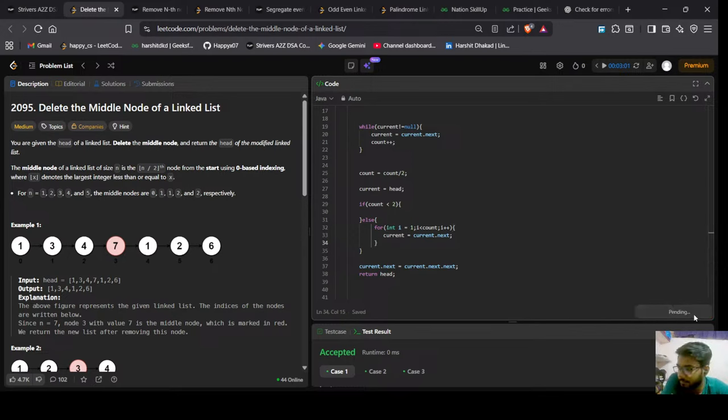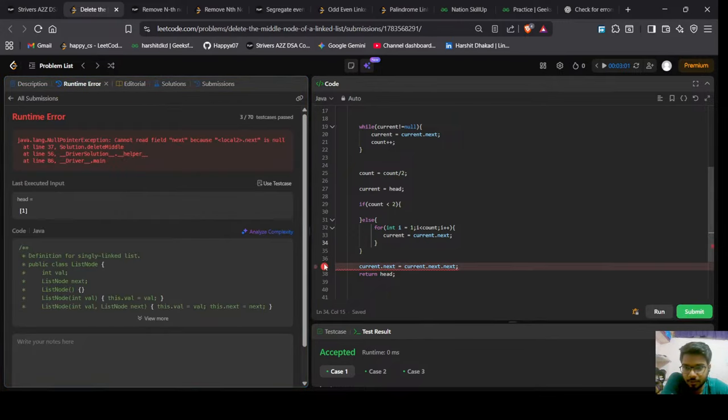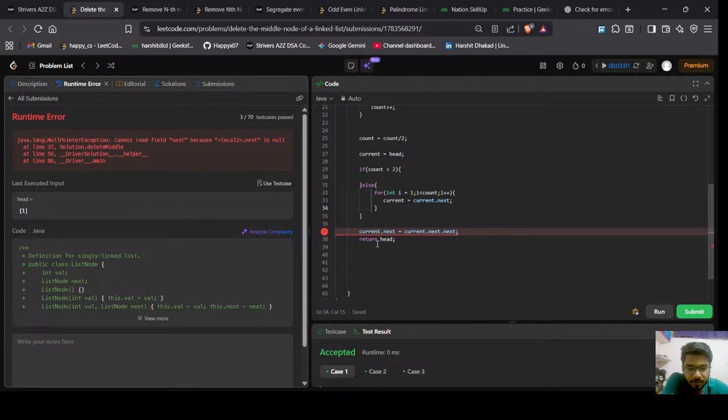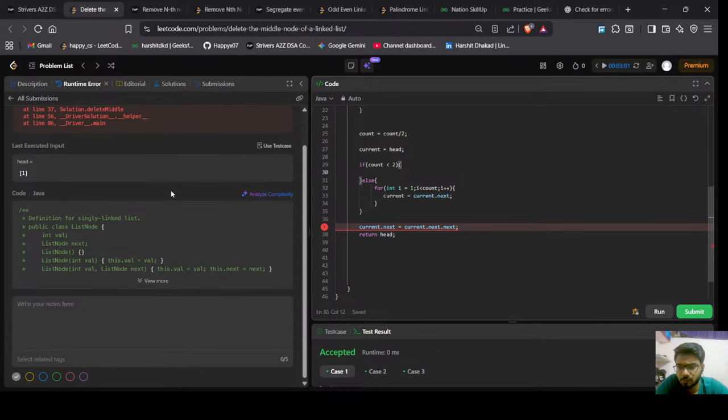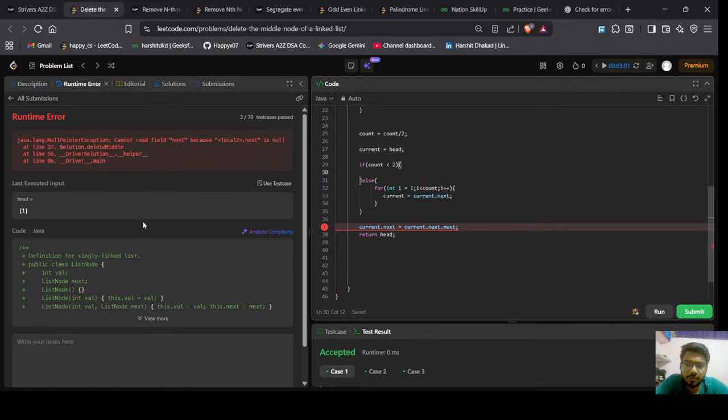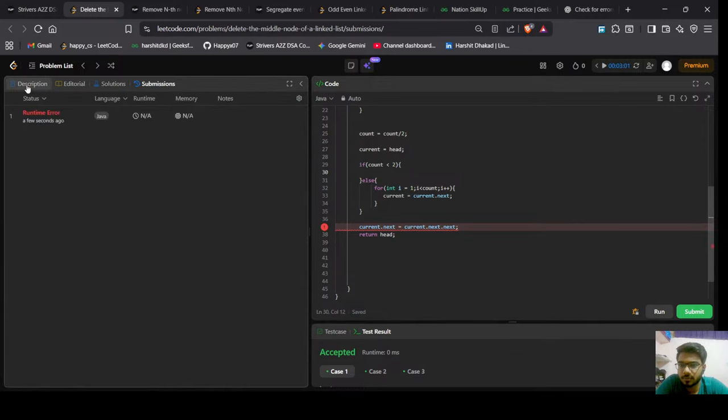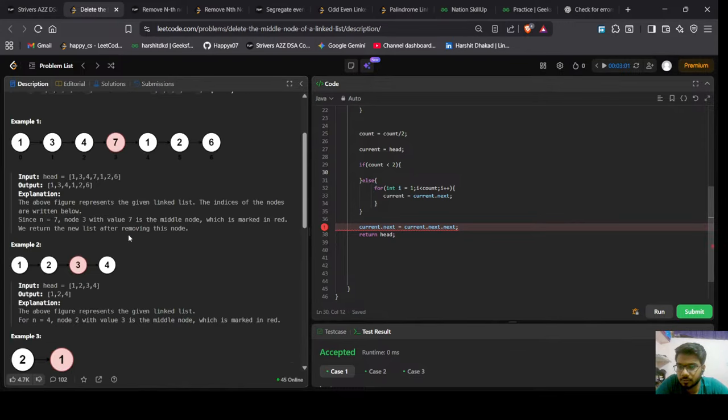Let's submit it. Now it is giving runtime error for this. If input is 1, what is the description? If it is a single node,